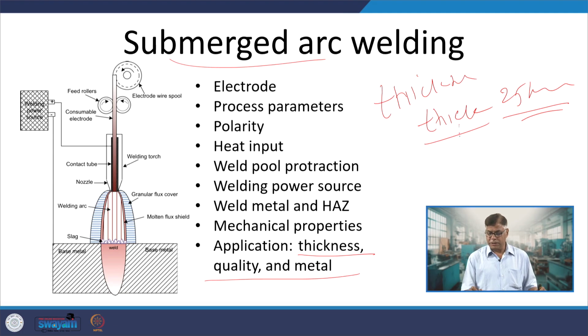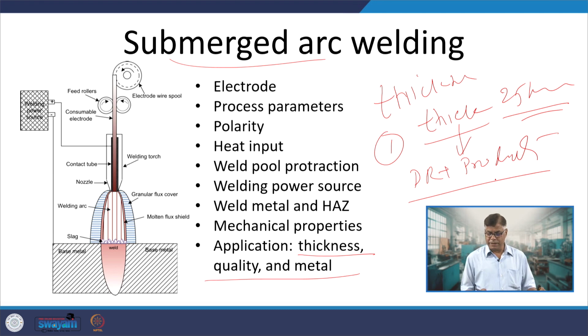But if thicker plates are to be welded, then we need to prepare the edges. The high heat input allows a higher deposition rate and higher productivity. Okay. So, higher welding speeds can be realized, and that is possible due to the higher